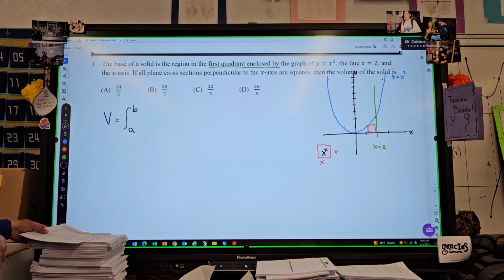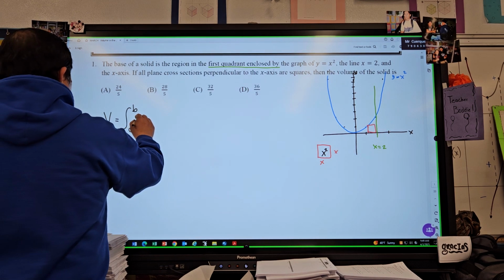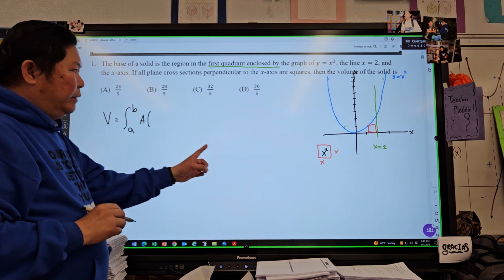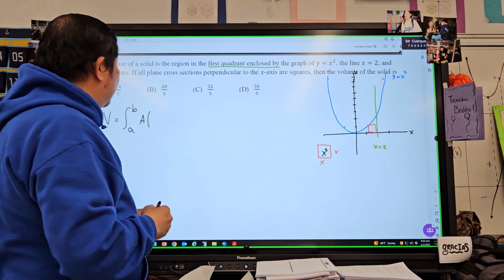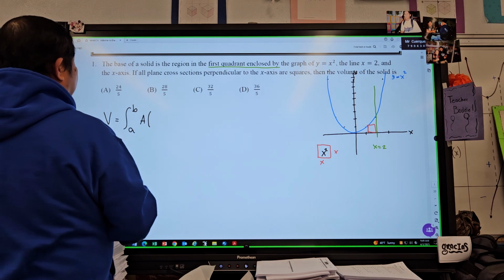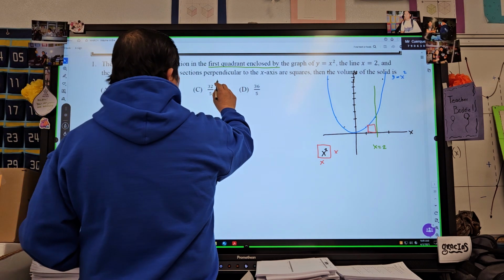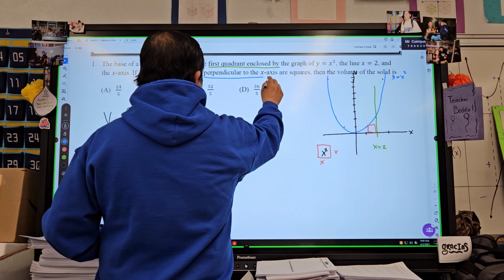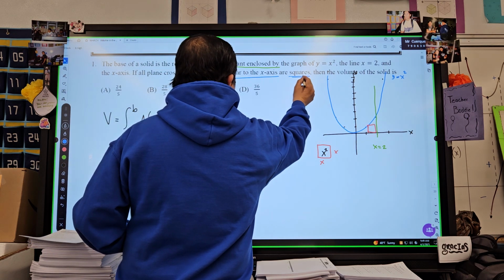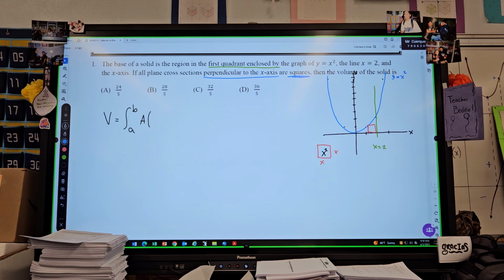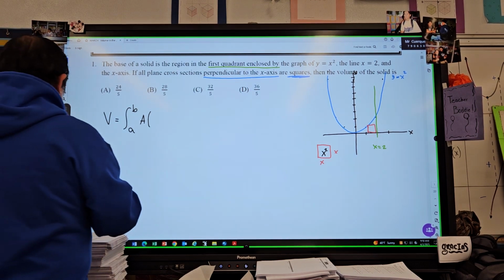So for the area, x squared, because we are having an area. But what is this? A square. So I need you to highlight also the word square right here. The cross sections perpendicular to x-axis are squares. So highlight this one. Then the volume of the solid is. So this means